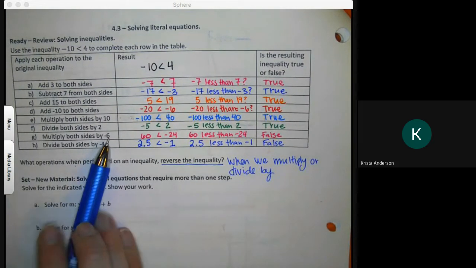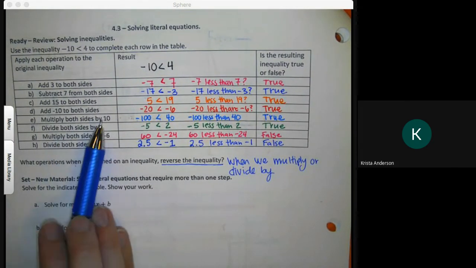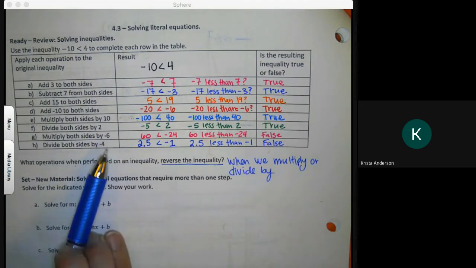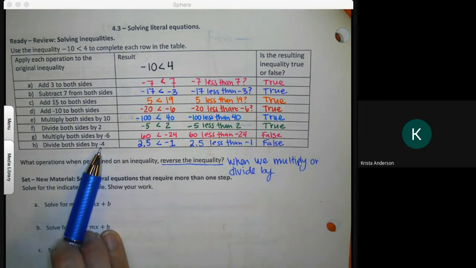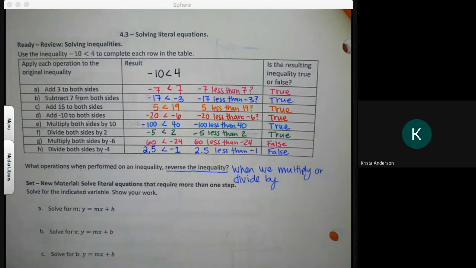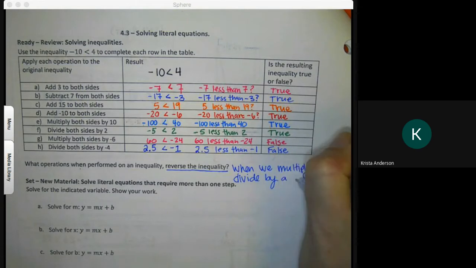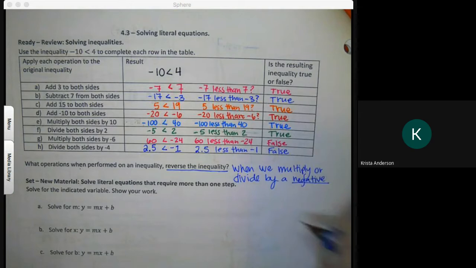Why was it okay to multiply and divide by 10 and 2, but when we multiplied and divided by -6 and -4, it didn't work? It's because they're negative numbers. That's why. When we multiply or divide by a negative number,